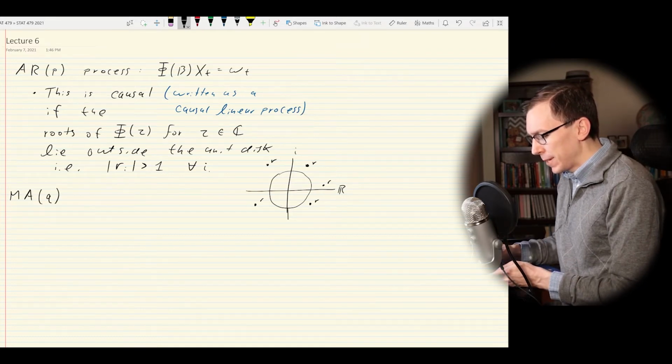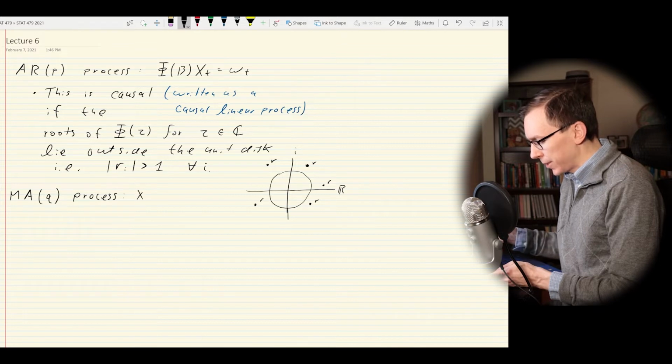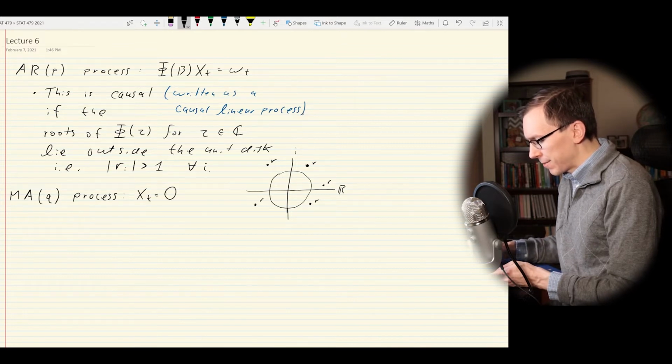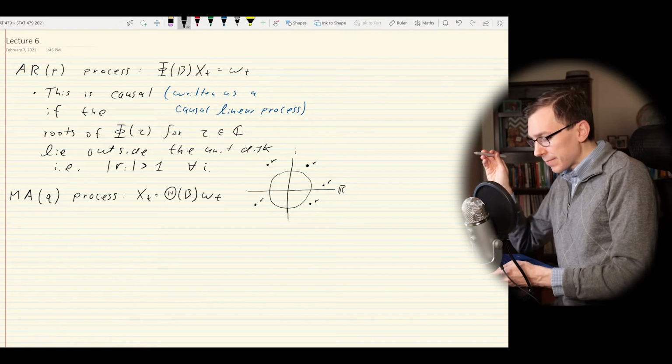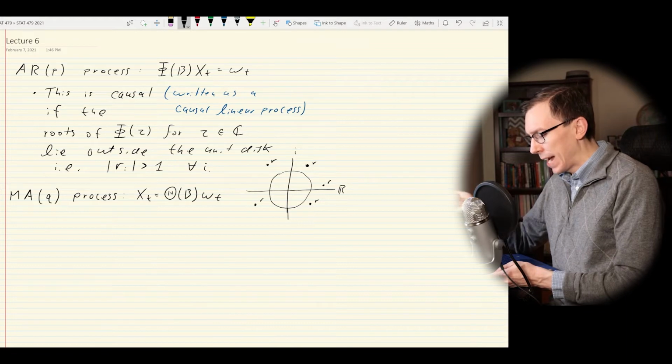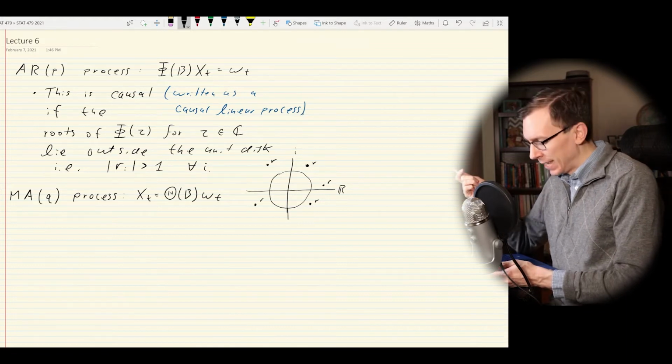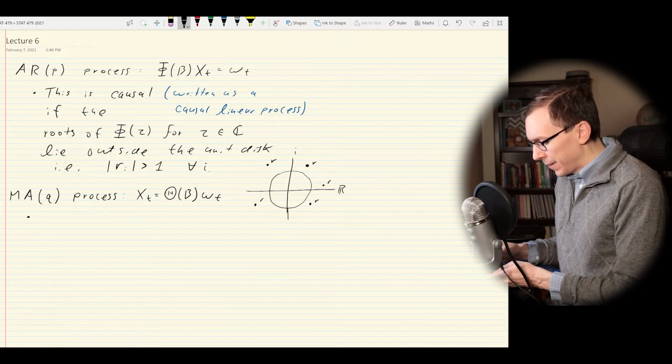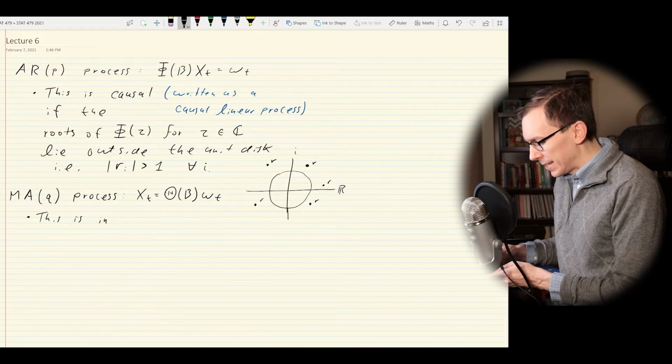Now, if we move on, we also discussed last time the MA order q process, the moving average process of order q. And similarly, this was defined to be X_t is equal to capital Theta of B applied to W_t. So really, it's the same thing as before, except we're applying the operator to the white noise rather than applying the operator to X_t. In this case, we had a very similar development, but we're going to change the word causal to invertible, and that is that this is invertible